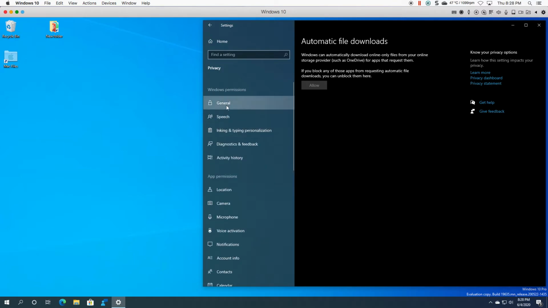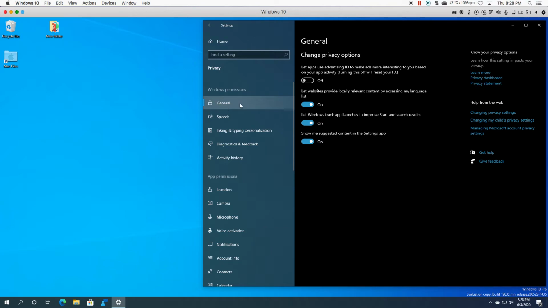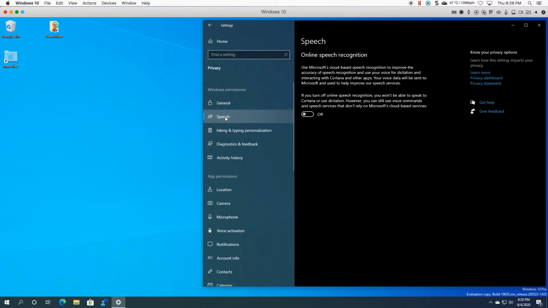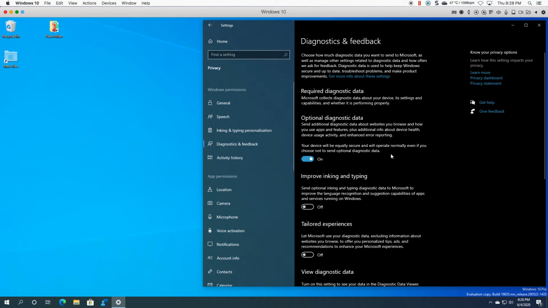Right, if we come back to Windows permissions, you can say let apps use advertising ID to make ads more interesting to you based on your app activity. So obviously this is off by default, but you can turn it on. Speech is basically self-explanatory. Diagnostics and feedback. So